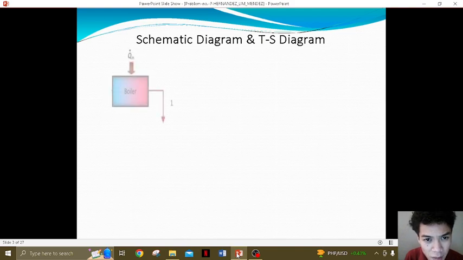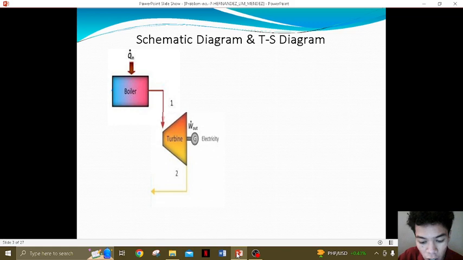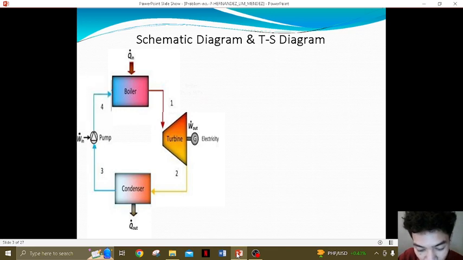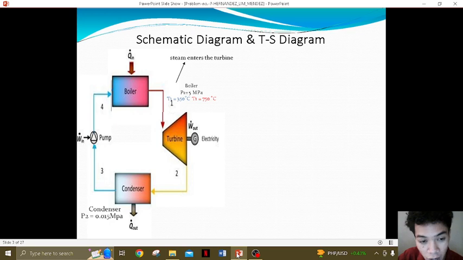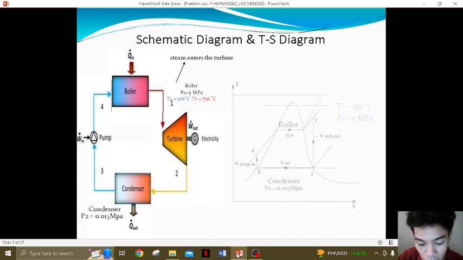For the schematic diagram, from the boiler, process 1, steam goes to the turbine. In process 2, from the turbine, steam goes to the condenser, where the pressure is condensed. Then process 3, steam is condensed and goes to the pump, and the condensed steam is pumped back to the